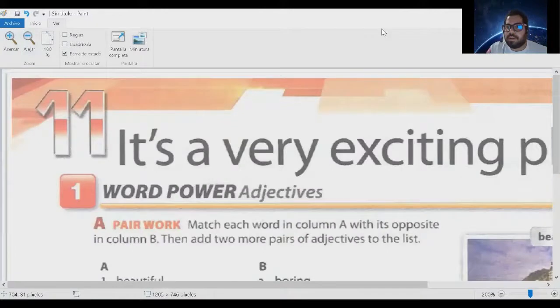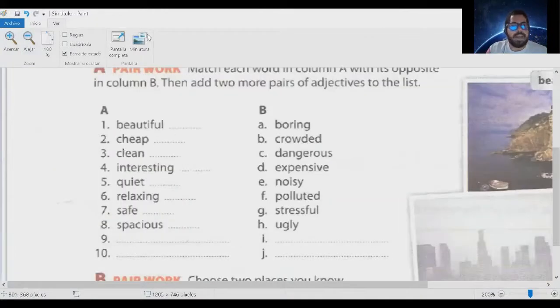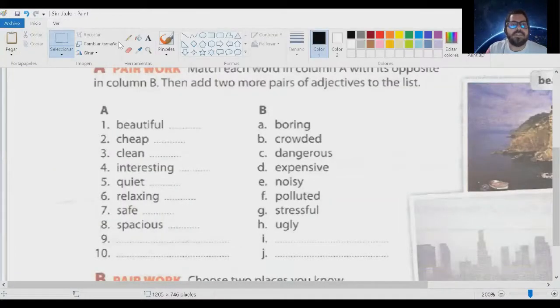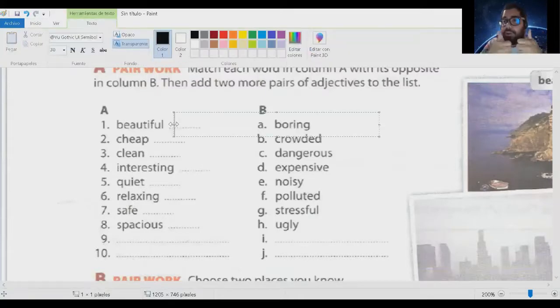So look at this. We have ugly. And let me show you from here, guys. It's because I want to show you the answers for you to have the answers. Over here, guys. I think it was your learning, right? You told me, well, teacher, beautiful, ugly. Okay, so far, so good. No problems. Letter H over here.